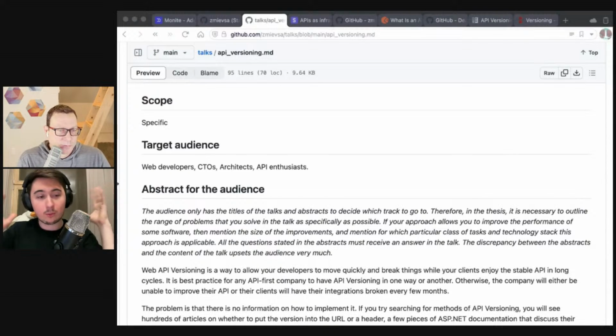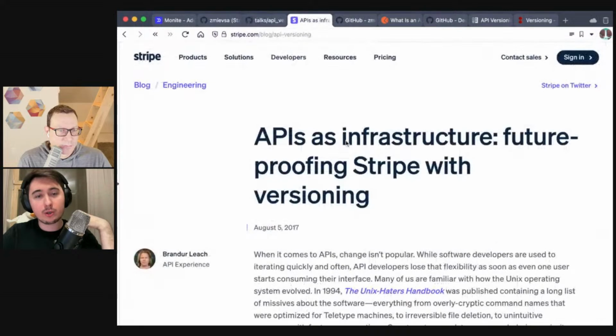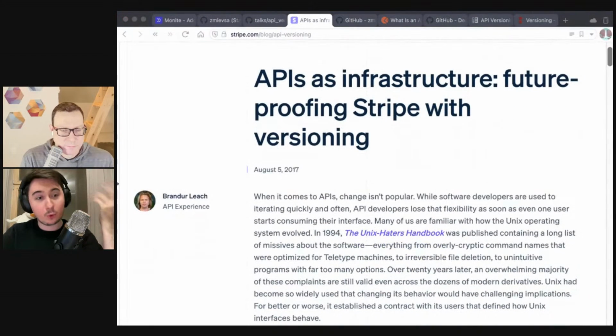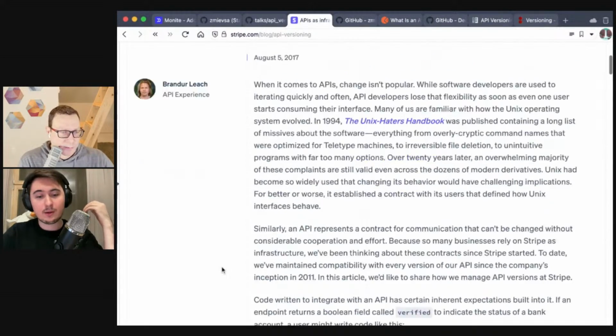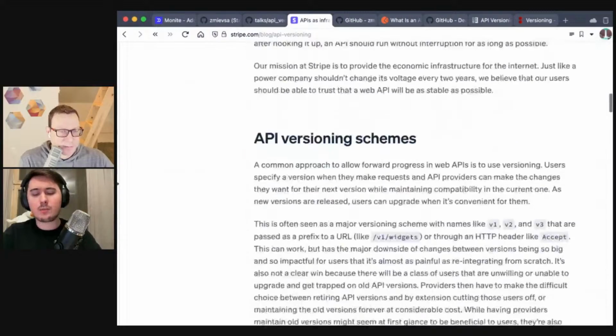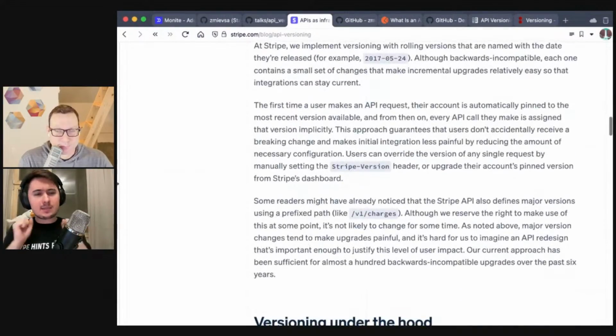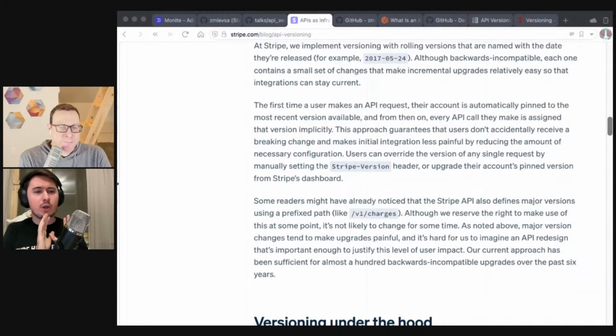That's great. You can omit versioning altogether. But if it's a public API, then that's where Stripe's approach comes in. I think they were the first ones to publish an article about that. It was Brandur Leach, the author of this article. He has supported API versioning at Stripe for a while, and he has helped us with building our API versioning approach. Essentially, what Stripe did is say, okay, let's imagine that our developers are only supporting one version, the latest one,